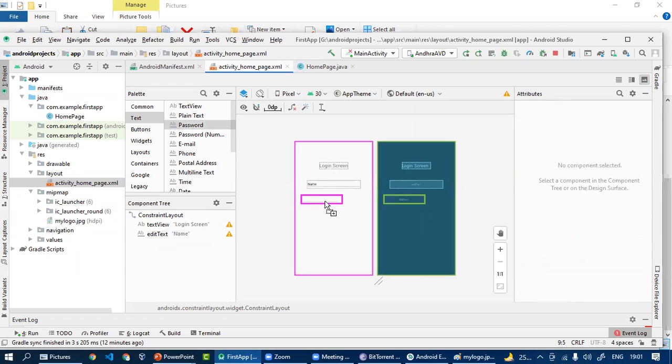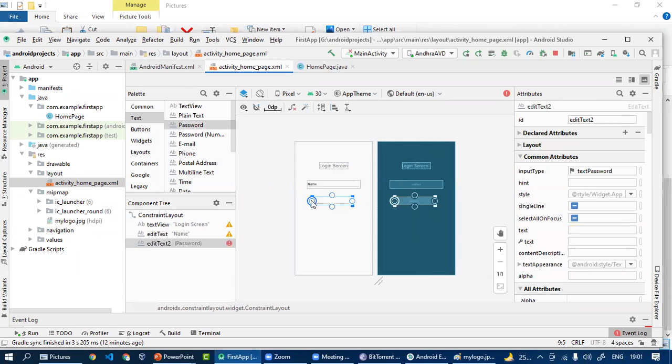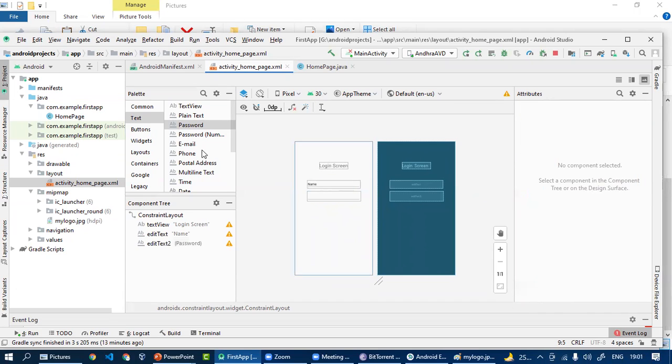And then the password. Okay, then I will place a button.